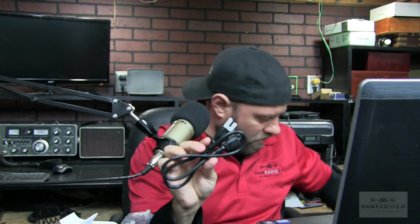So that'll be nice. Let's see, what else we got? Zip ties for mounting. Power adapter, PoE power adapter, and a 110 outlet plug. So what you do is you take this power adapter here, and of course you have to have